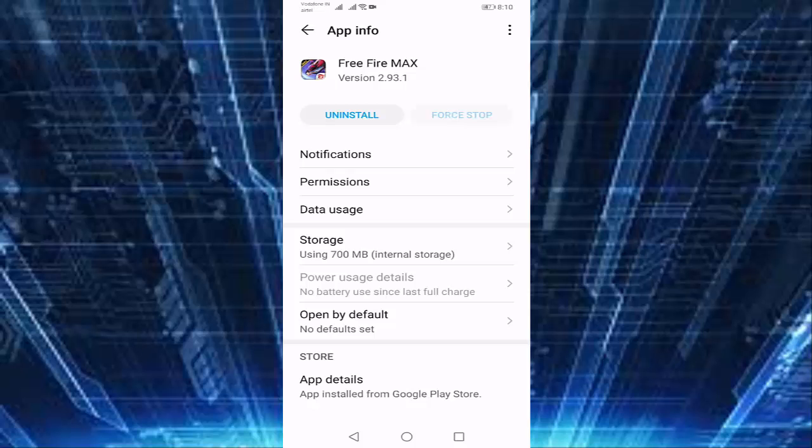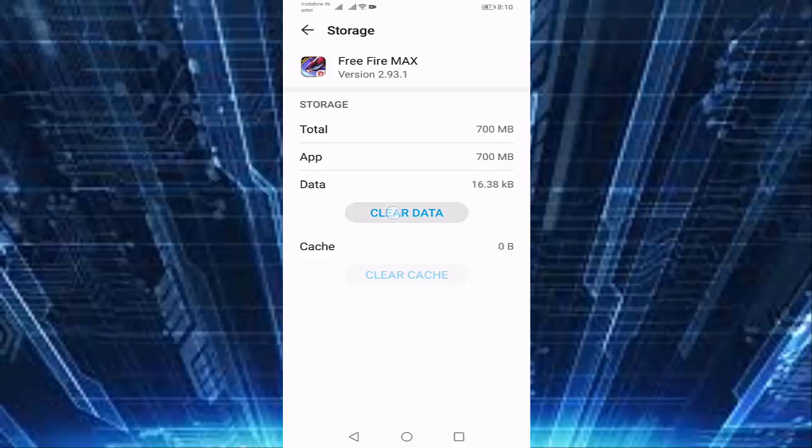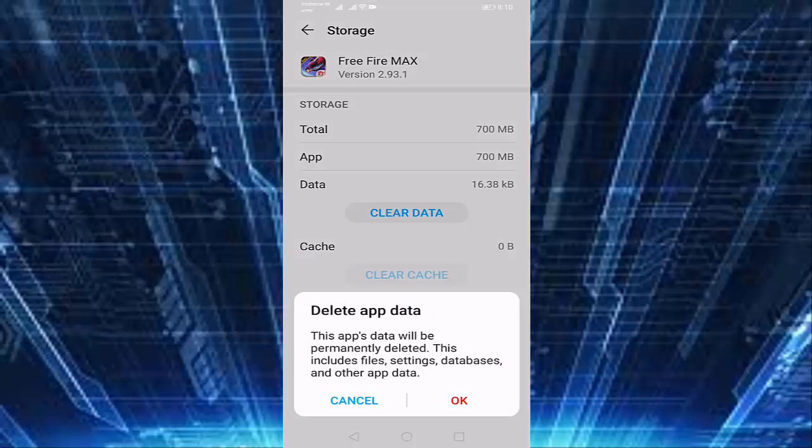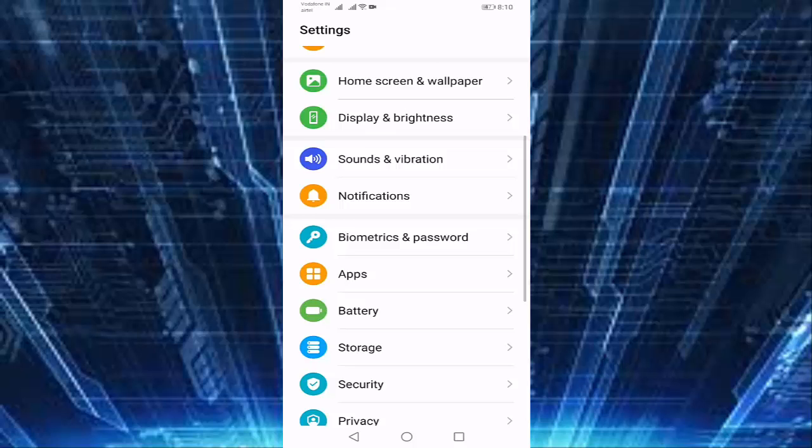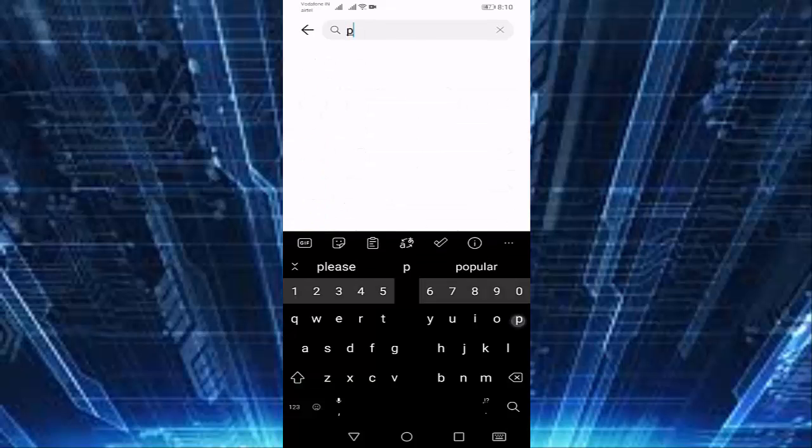press on force stop, press on storage, press on clear data. Before clearing the data, read this note. This app data will be permanently deleted. This includes files, settings, databases and other app data. Then press on OK. After that go back, go to the settings again, then select here private DNS, select here